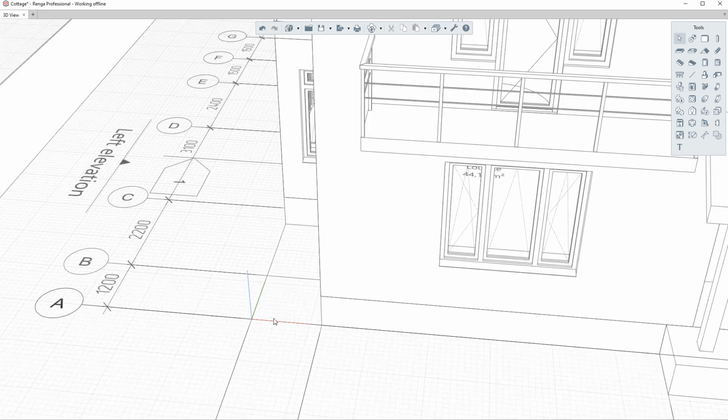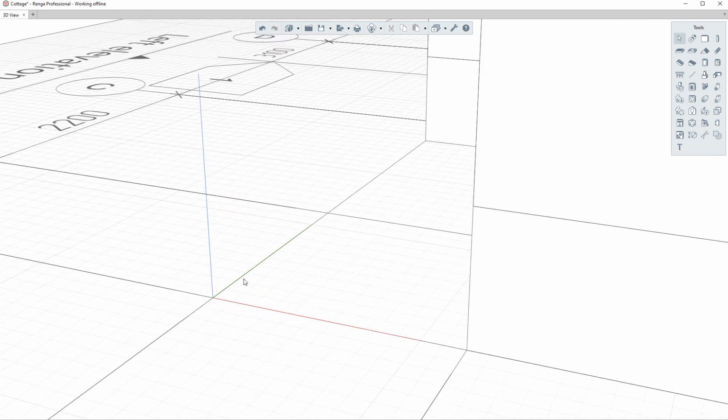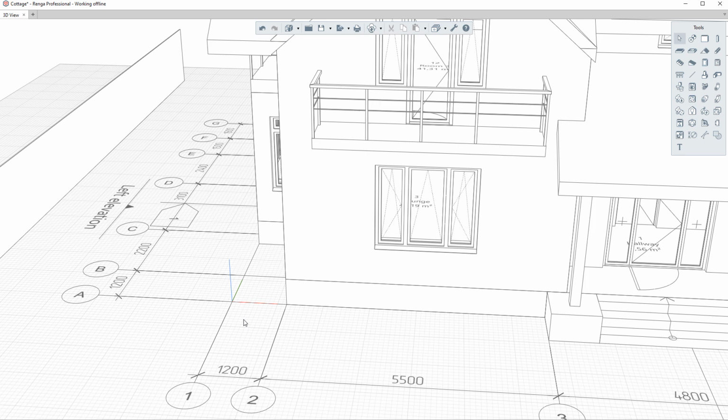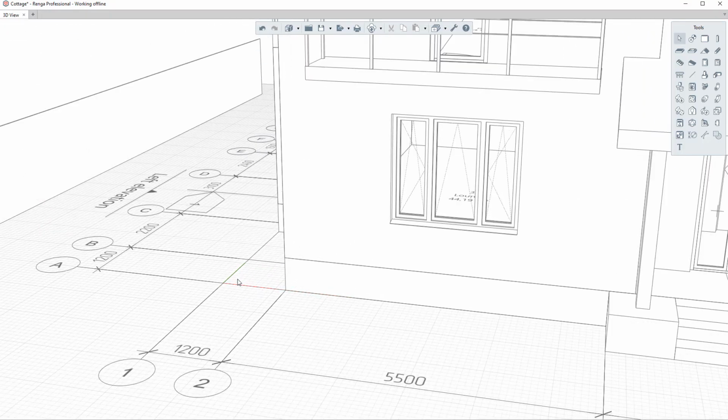There are the origin and coordinate axes: X, red color, Y, green color, Z, blue color. It is recommended to place the intersection of the axes at the origin. The display of the origin depends on the selected measure mode. If we choose two-dimensional measure mode, the display will change. Let's bring back three-dimensional mode and build one more wall.